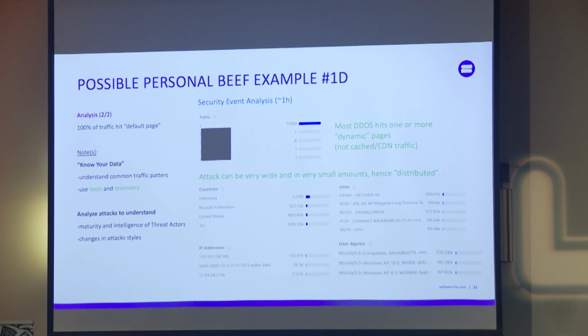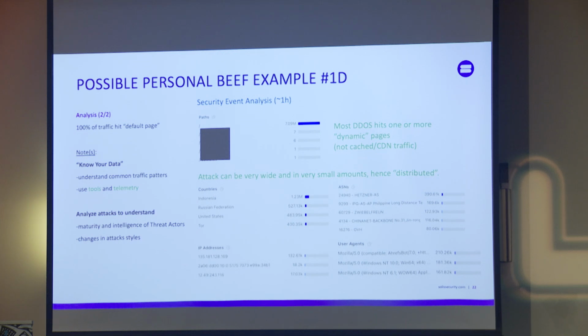Second part of the analysis is you can see that this is very classic DDoS. Most of that traffic hit the default web page or the / or the root of the website. That's classic. They're going to pick a page or have different bot traffics pick a page and make you kind of hunt and get rid of them. And they're going to hit dynamic web pages, and they're going to hit things that normally are not CDN traffic. It's not a part of that. So again, know your data, tools, and telemetry.